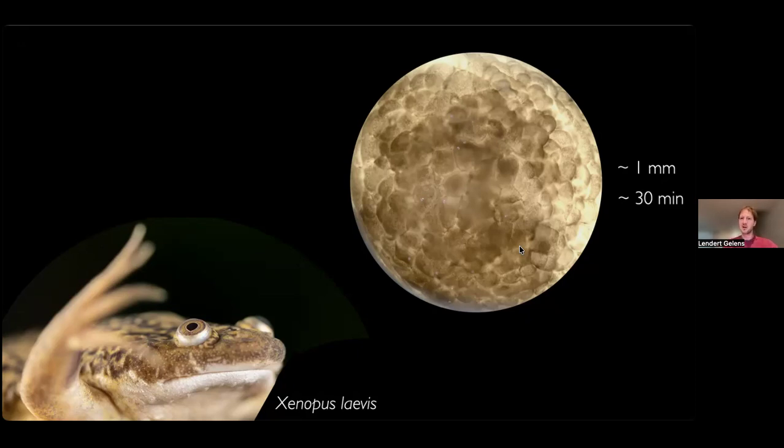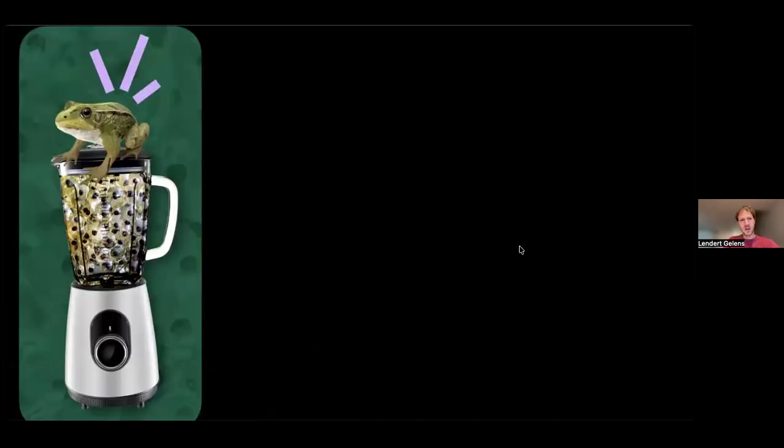So the core molecular machinery that controls cell division is also very conserved across evolution. So what we learn in these systems here in frogs and fish and so on can also translate to human cells. And I think this is where it gets really interesting with the Xenopus system, and perhaps also a bit crazy, because one of the powerful things that you can do with Xenopus eggs is that you can take their eggs